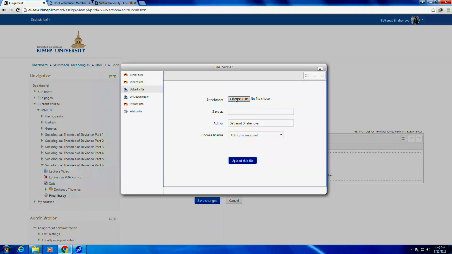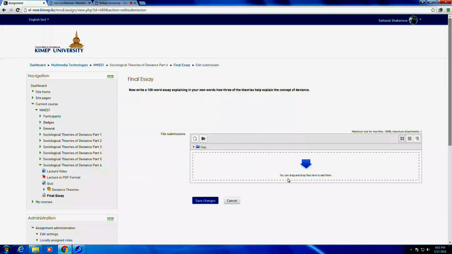You choose your file, and you tell it what you want to call it here. If the original name wasn't adequate, it already gives the author, and you upload your file. So there's a couple of ways of adding your file. You can drag and drop, or you can go ahead and use this button right here and add your assignment. And once you've done it, you hit save changes, and it will upload it, and your professor will be able to grade it